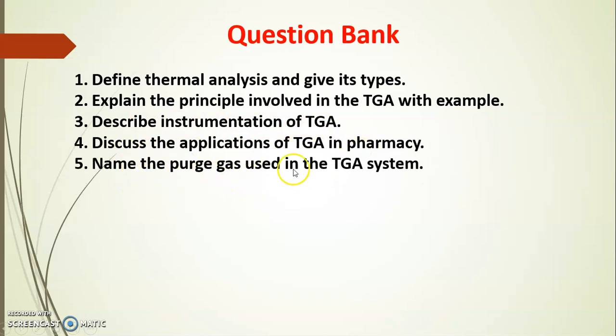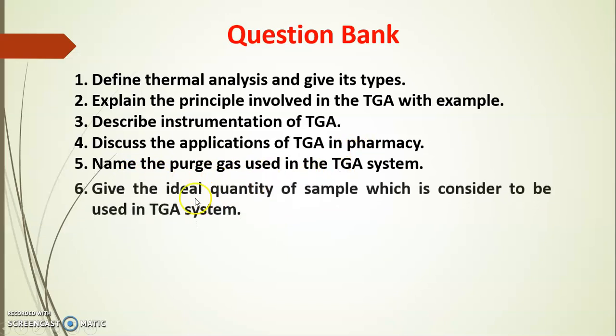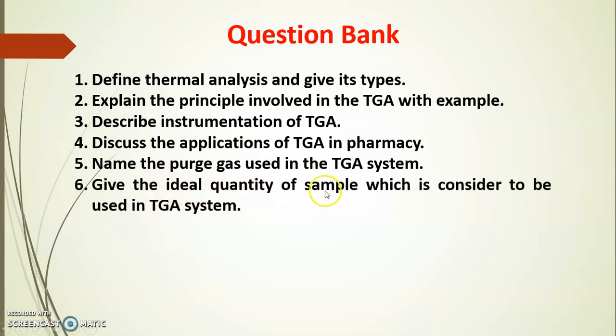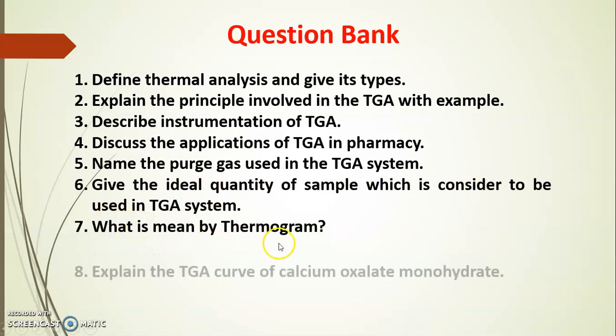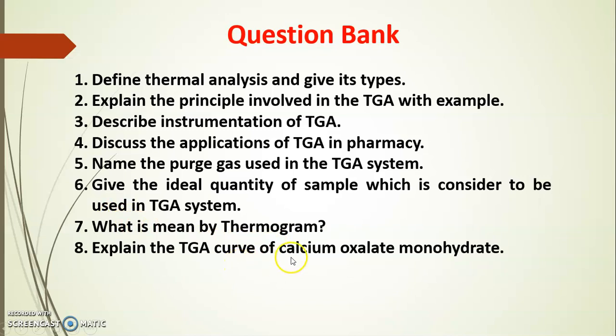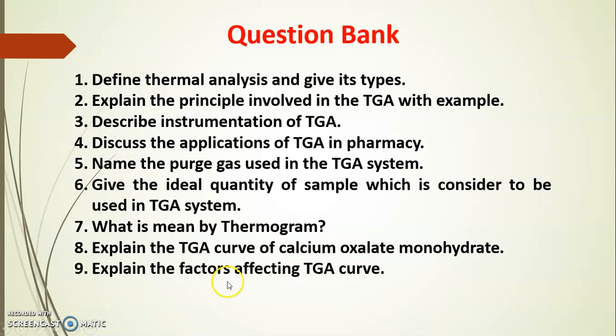Name the purge gas used in the TGA system. Give the ideal quantity of sample considered to be used in a TGA system. What is meant by thermogram? Explain the TGA curve of calcium oxalate monohydrate. Explain the factors affecting TGA curves. So these questions may be useful for your